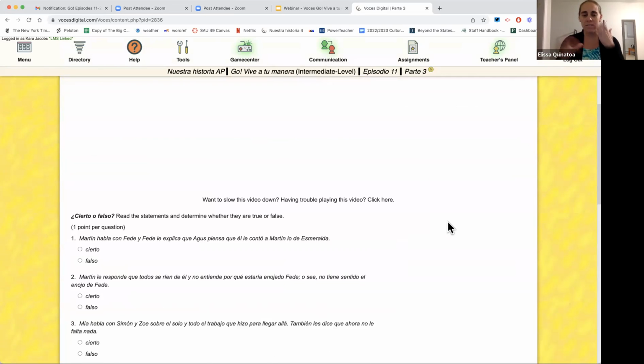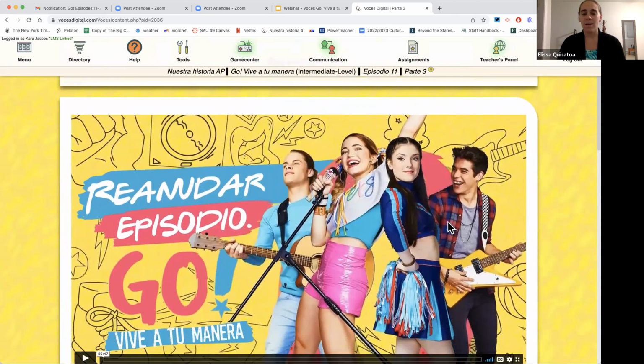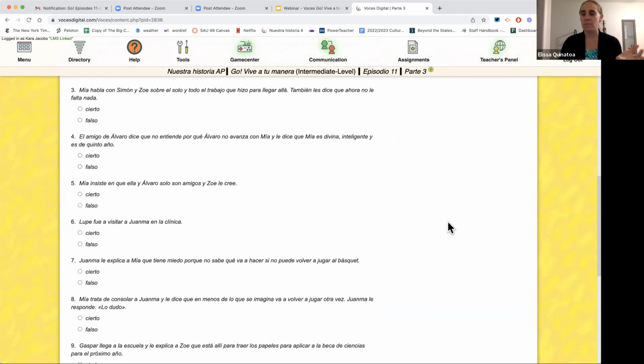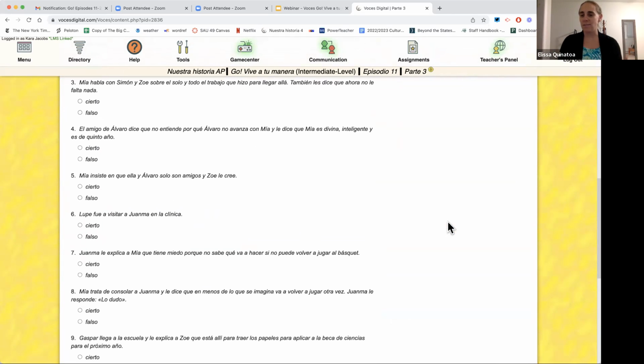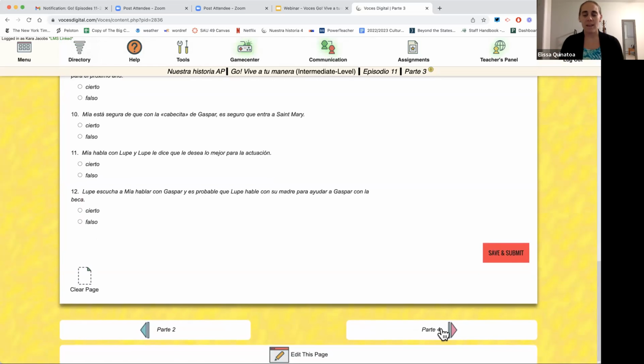So it does kind of follow that pattern. We also have cierto, falso, which is great to do on Voces, also really adaptable for playing games in the classroom. If you play the marker game, you could just print this out and read it to them as audio. If it's cierto, they grab the marker. If it's falso, they just leave it. So there's a lot of cierto, falso games that you could use this for in the classroom.